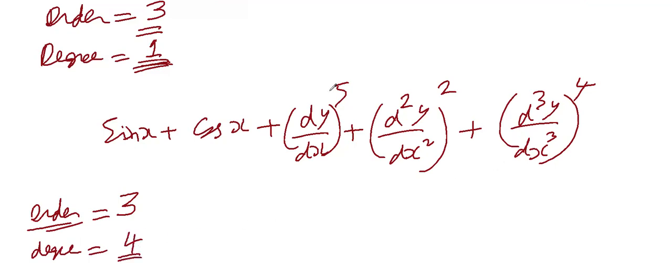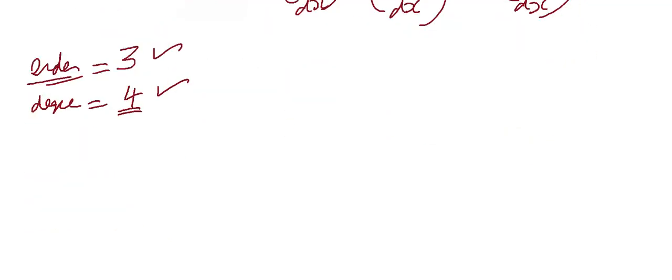You are right. You will not look here. This 5 you will not look at. Why? Because the order for this is only 1, dy by dx. So this is the correct answer which you have given me. Okay. Next, I will ask you one more question, and that is, tell me what is the order,